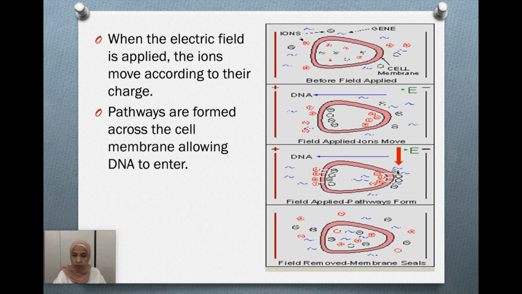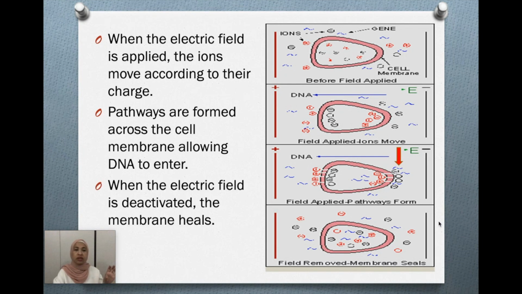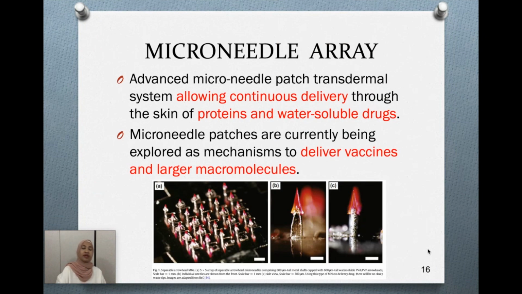They form when you apply the high electrical charge, and because of that, proteins or drugs can actually go into the DNA. When the electrical charge is deactivated, the pathways then close, so it's back to normal. Okay, another one is